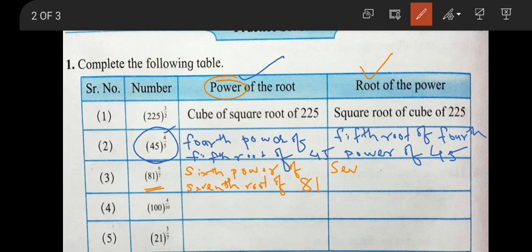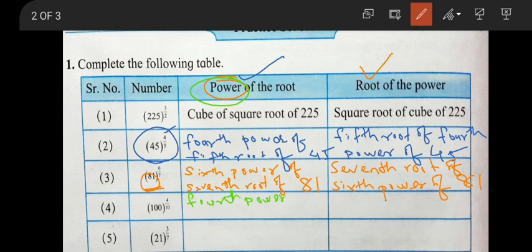So 7th root of 6th power of 81. Okay, go for the fourth one. 100 raised to 4 upon 10. In 4 upon 10, 4 is nothing but power and 10 is nothing but root. So power first. Power is what? Fourth. So fourth